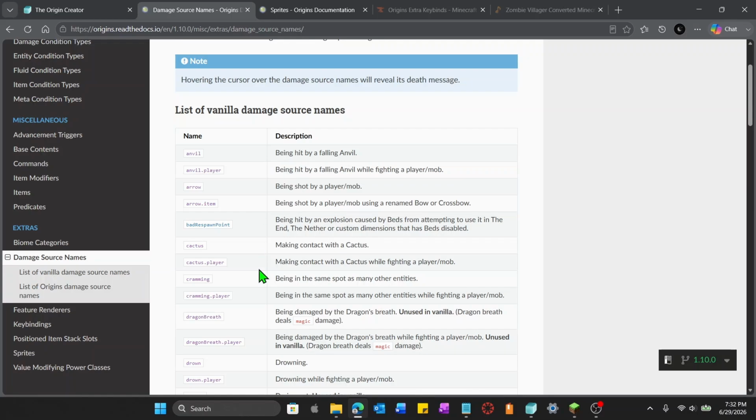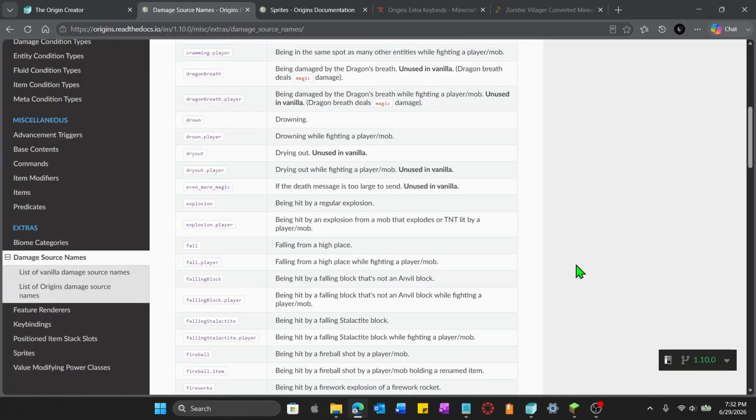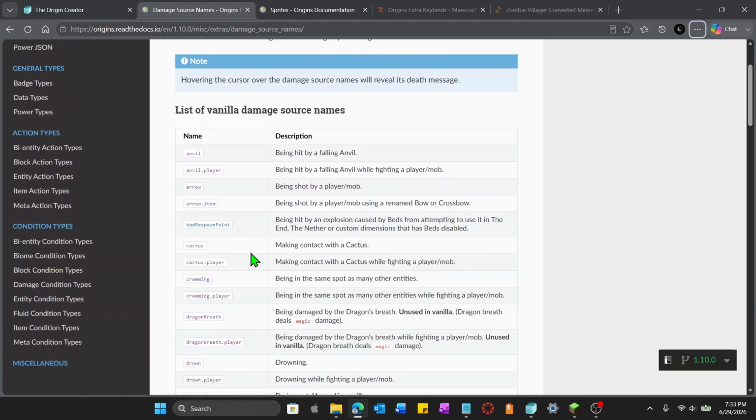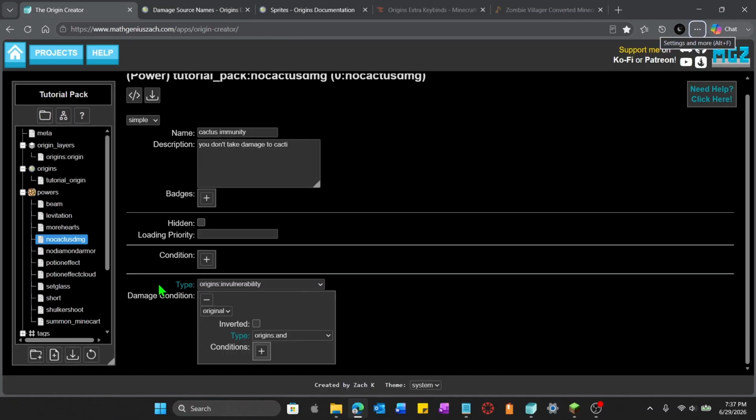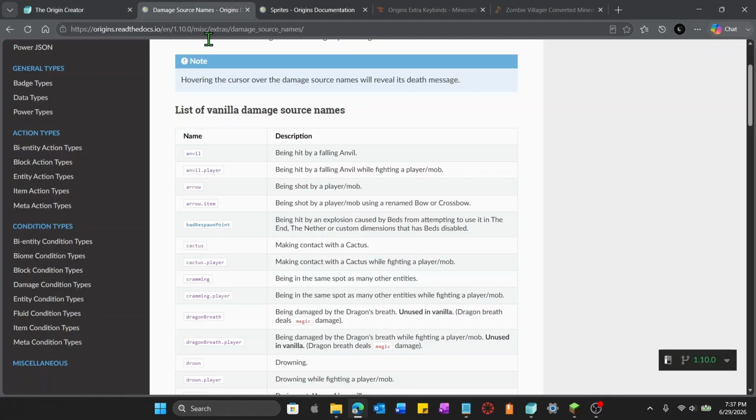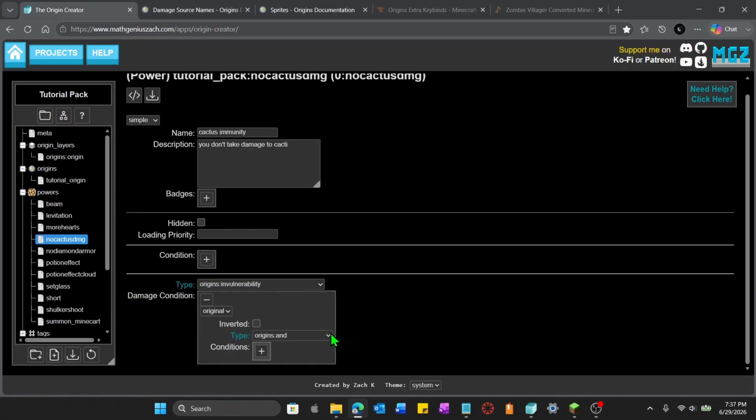So let's say, in this case, we want to make a player immune to getting hit by a cactus. Now you'll notice here, there are 2 different kinds of cactus damage. It's making contact with a cactus and making contact with a cactus while fighting a player or mob. So if we wanted to give them immunity to getting hurt by a cactus, we're going to go here. And since there are two different types of damage we want the player to be immune to, but they don't both need to happen at the same time, we're going to use Origins OR so that we're immune to both of them,